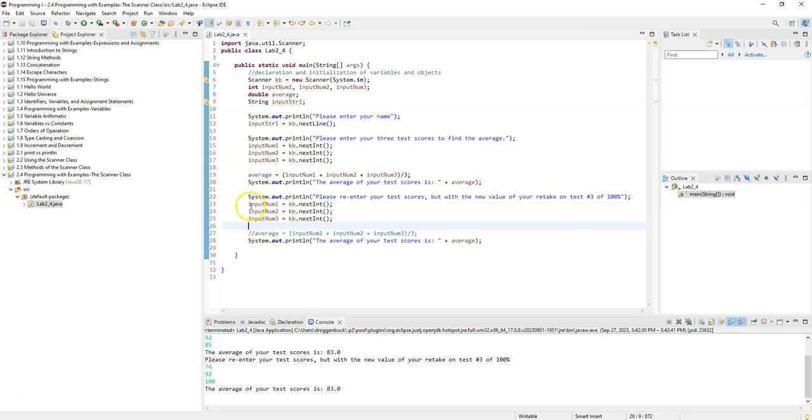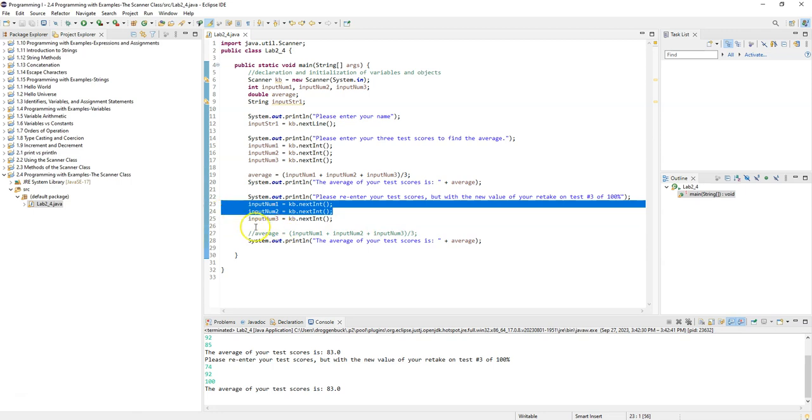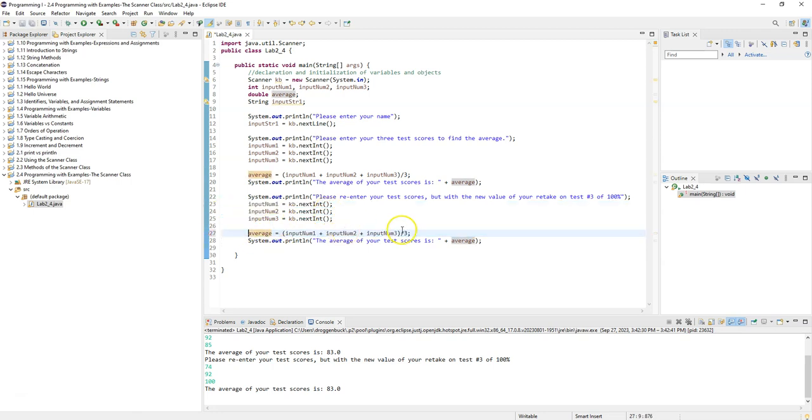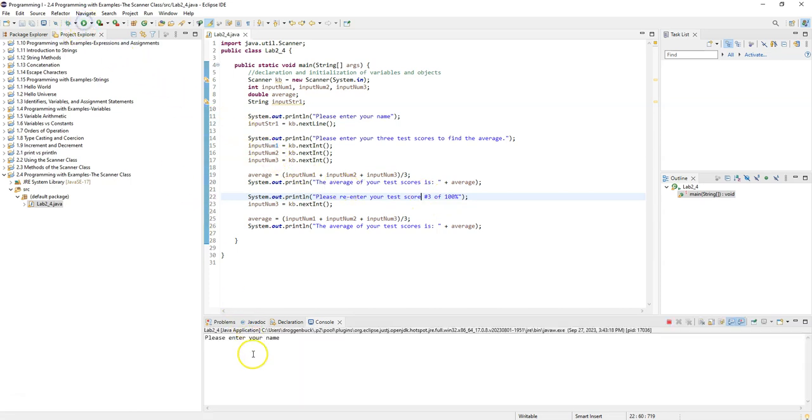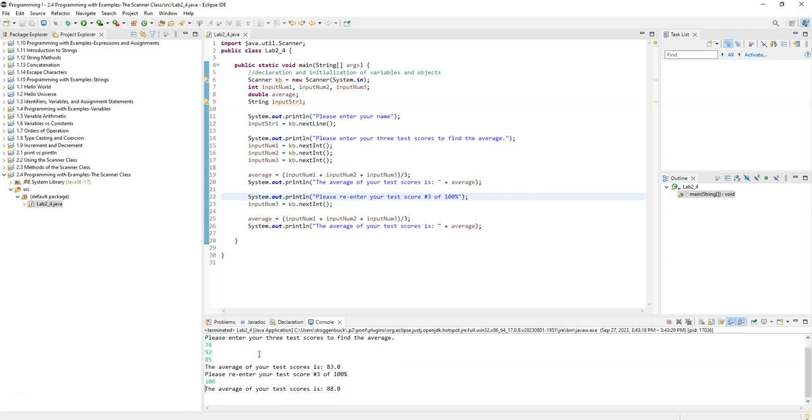Now here's the thing, I don't have to necessarily get all of these here. So I'm just going to go ahead and take this off here because we know that this needs to be updated. But I actually don't need to get all of these inputs again. In fact, I only need to re-enter test score number 3. So please enter, let's just say test score number 3. And then all we need to do when we rerun this, so 74, let's do 92 and 85. And then if we enter now 100, you'll see that it has been recalculated